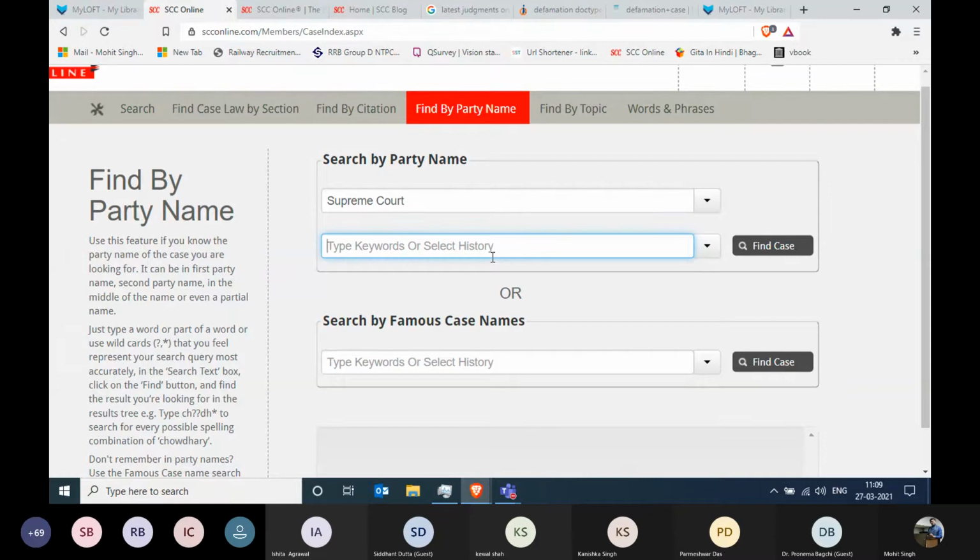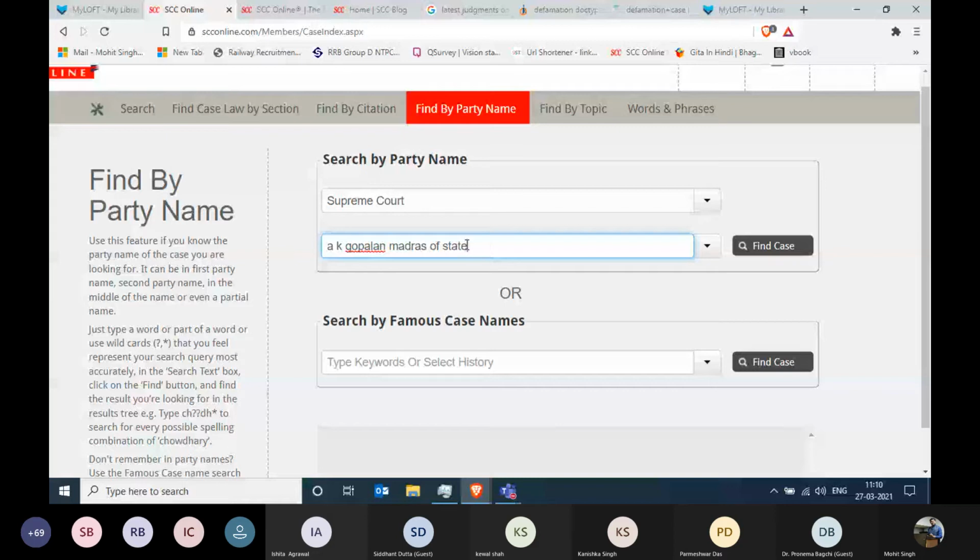Order simply means you put in the petitioner name first, or you put in the respondent name or the plaintiff name first. Does not matter at all. A.K. Gopalan, State of Madras, whichever way you want to write, you can certainly do that.